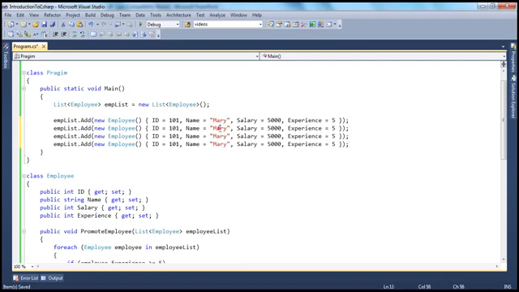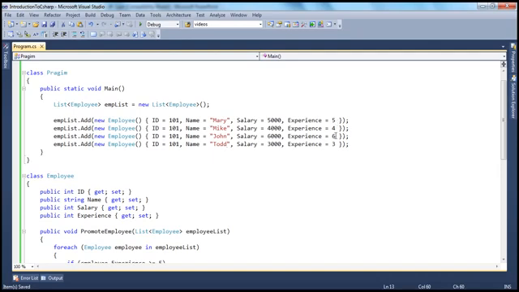Let's say Mary, and then this guy is going to be Mike, and maybe his salary is 4,000 rupees, and he has got, let's say, 4 years of experience. And this is John, who has 6,000 salary and 6 years of experience. And this guy, let's say, has 3,000 salary and 3 years of experience. Let's say this guy is Todd. Look at this. We have 4 different employees, and 2 of them have experience greater than or equal to